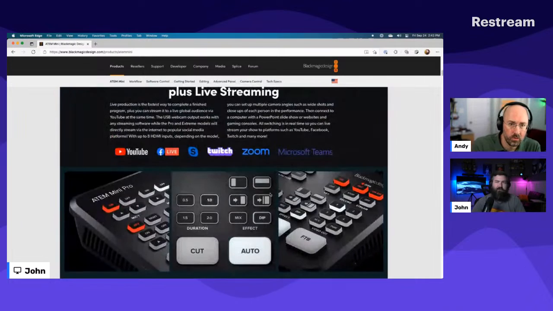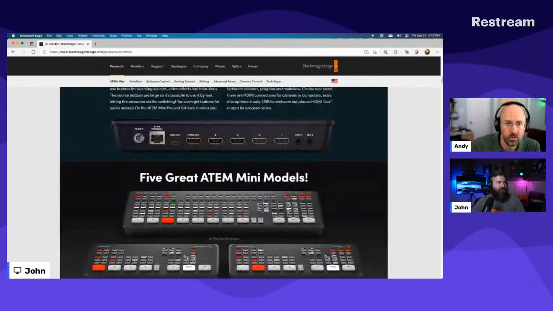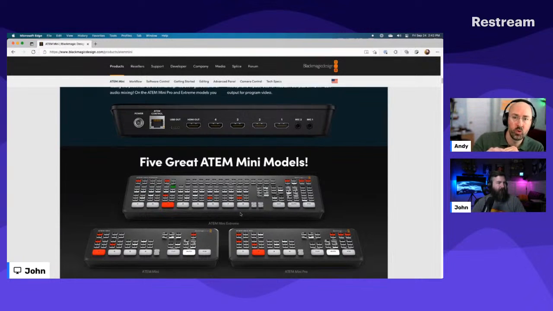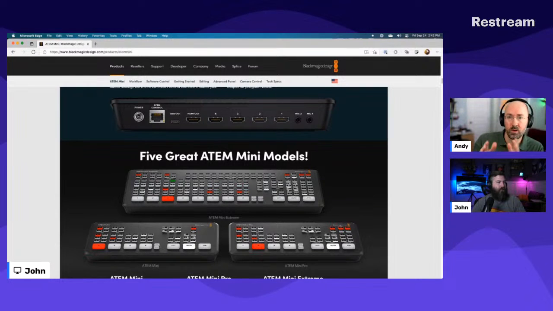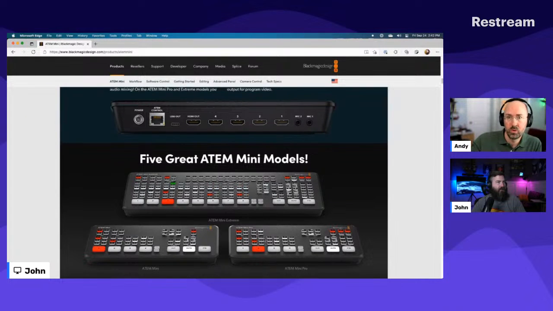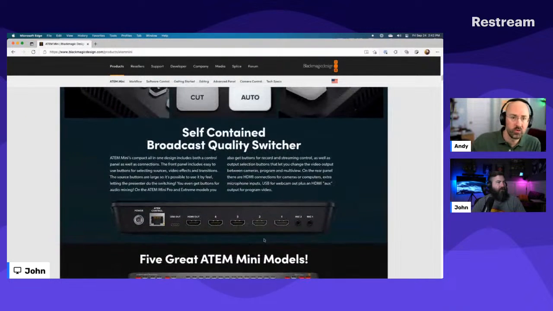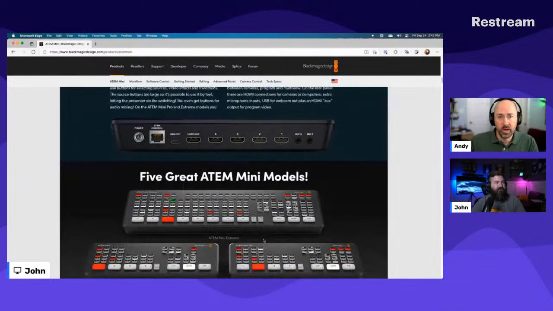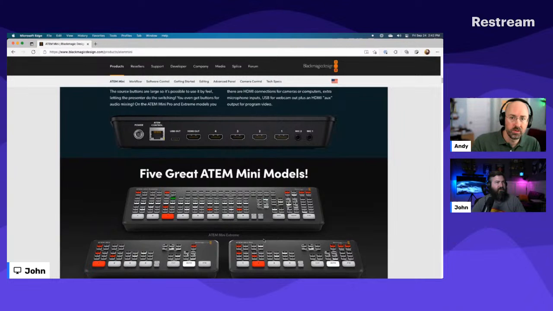So while you're there, can you go back to that? Yeah. So you see on the back of this, there's 4 HDMI inputs, and then there's an HDMI out. The model that I have doesn't support the preview out, but the higher end models do, and it gives you a preview out screen, so you can see your feed, what's live, and what you're going to cut to before you actually go live, and that can tell you if all your cameras are actually working. You just need a screen for it. There's a virtual way to do it, but the other models have that built in.